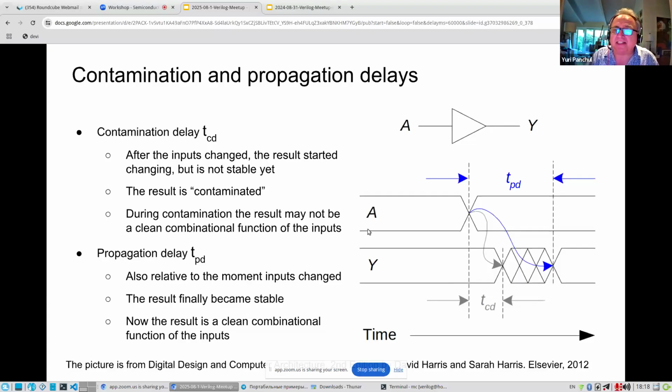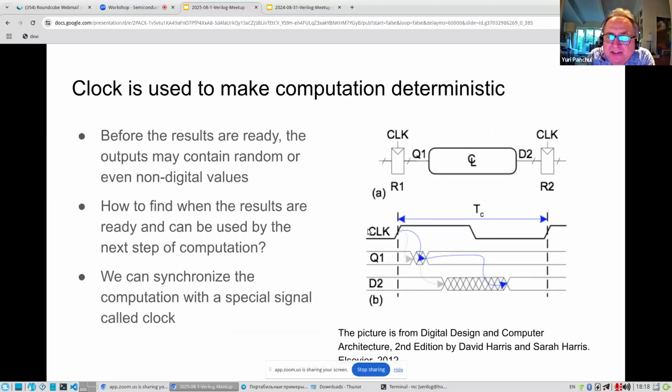But how do you know when your signal is stable? Because with one technology, and even with different temperature, this may get stable after 50 picoseconds or after 1 nanosecond. So in order not to do any guesswork, in order to have a stable and clean result, we are using a special reference signal called clock.